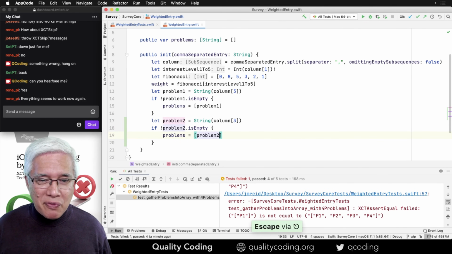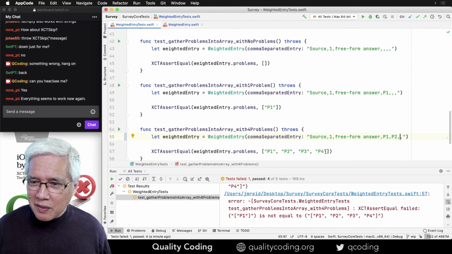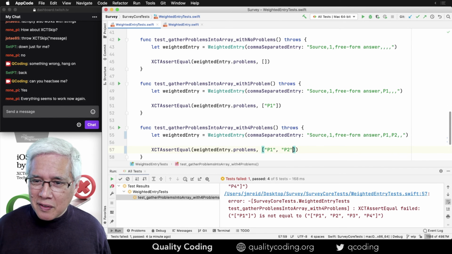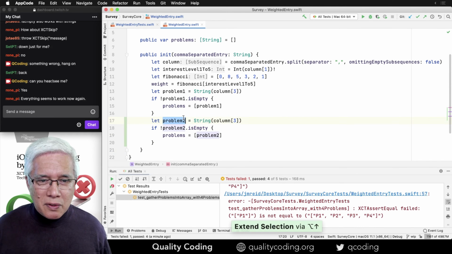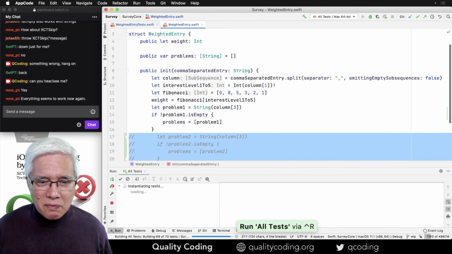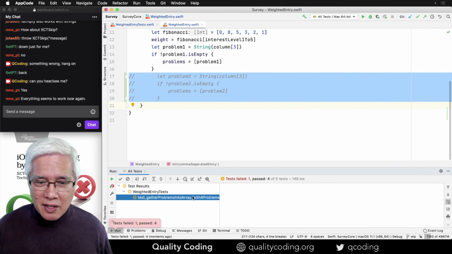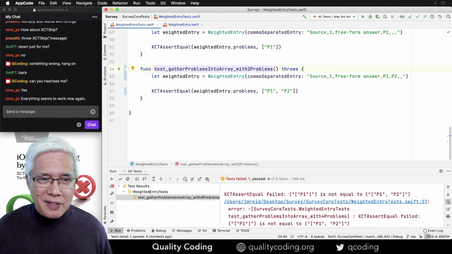Actually, before I dive into them all, let's see if we can do two. I'm going to comment out this code that I just added, since I'm changing the test now. It seems jumping all the way to 4 was maybe a little more challenging. So I changed my mind.